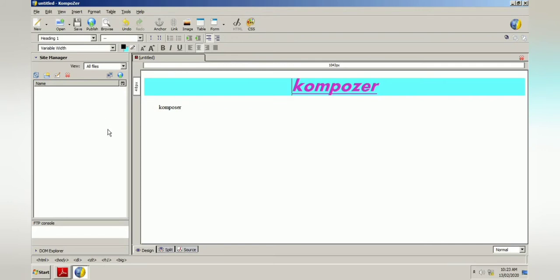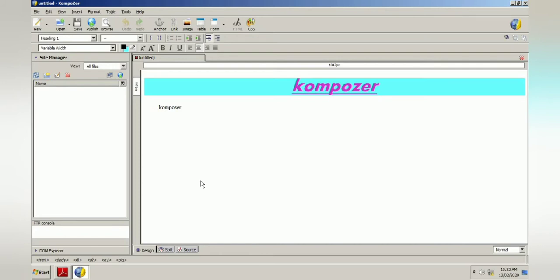How can we open this site manager? By pressing the F9 key. I can press the F9 key, and if I want to see it, then I can see the site manager. Next is which protocol it uses. So it uses FTP, file transfer protocol, to upload or download the web pages.